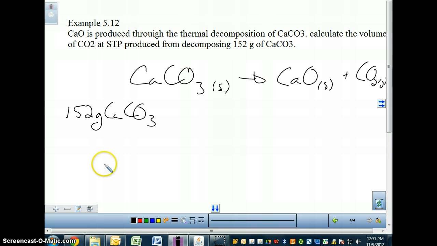As with any time I'm given grams, I want to almost immediately convert it straight into moles. And I do that by dividing by the molar mass, which is 100.09 grams per mole. I do this, I get a value of about 1.52